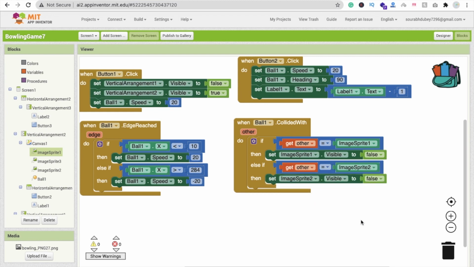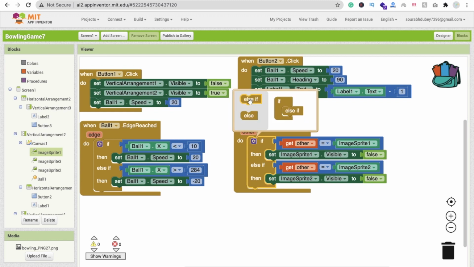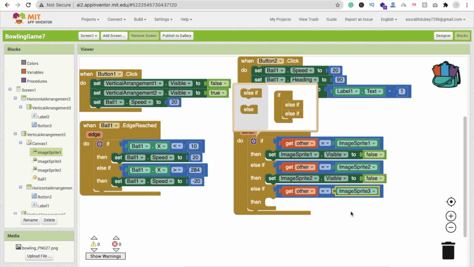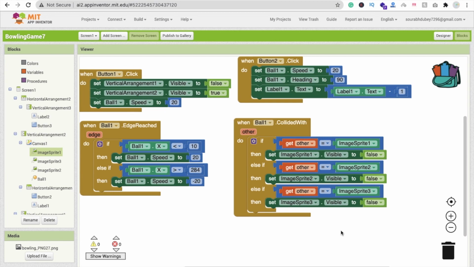Then again we will use one more condition. If the get other value is image split 3, then we will hide image split 3. Okay, now it's done.